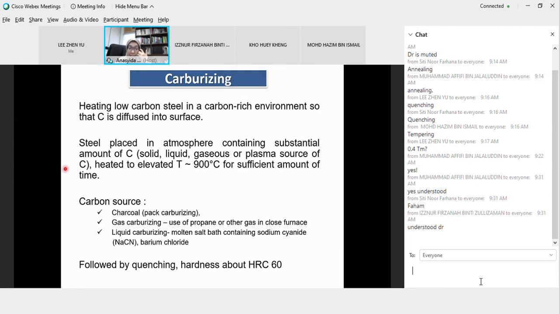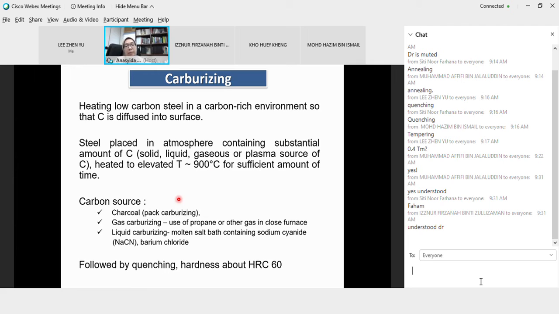So this is an example of solid carburizing, which we call pack carburizing. We put charcoal and pack the sample with the charcoal. Normally in industry they use gas carburizing. So they use propane or other gases in an enclosed furnace, meaning a closed furnace, which ensures that these gases